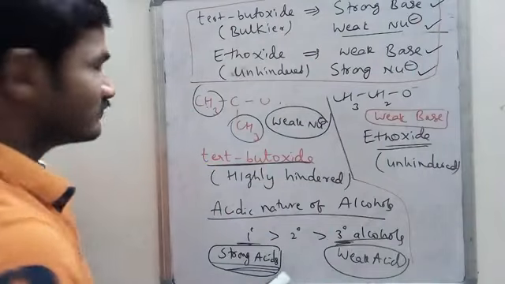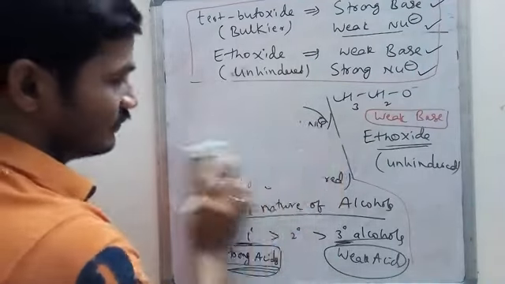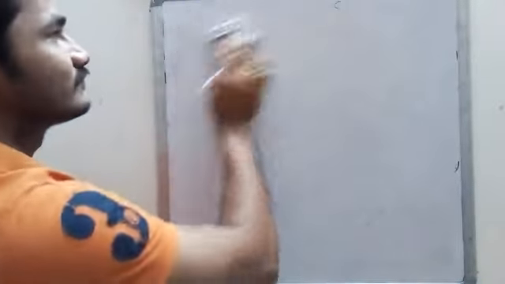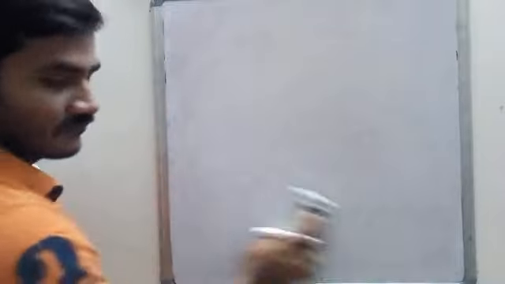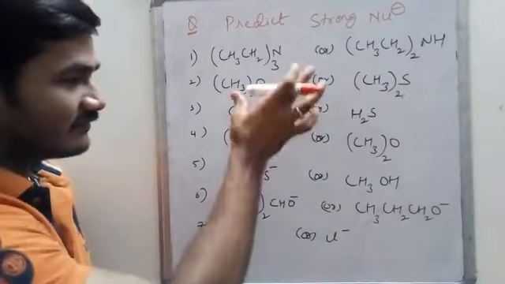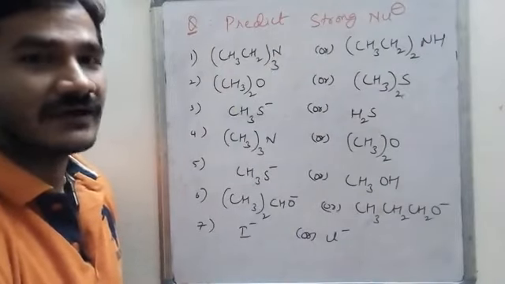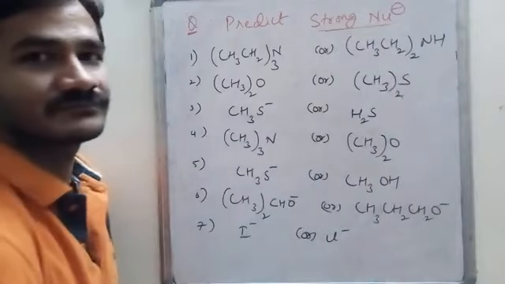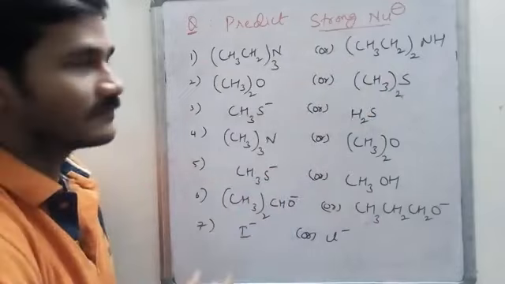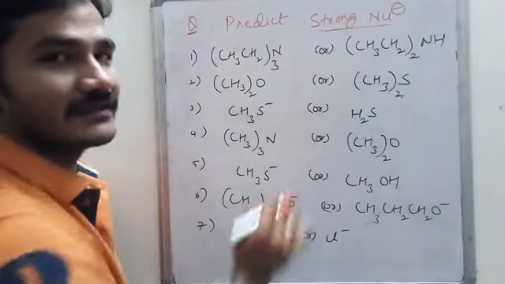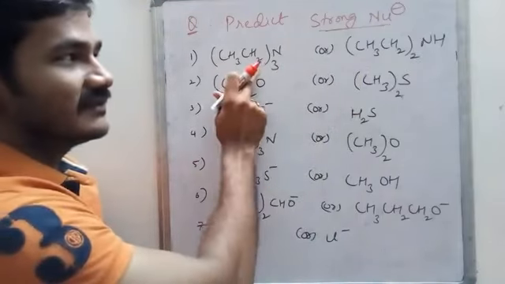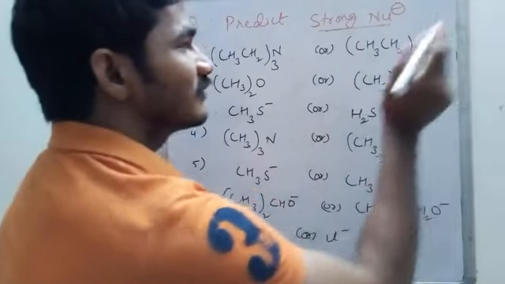Okay, now I will tell you some examples to differentiate the nucleophilicity. Observe this and predict the strong nucleophile. I have written a few examples. We have to find out which is the strong nucleophile. First case, I have given two options, either this one or this one. This is a tertiary amine, this is a secondary amine. Here the bulkiness factor plays an important role. This is more bulky, this is somewhat less bulky. So this is said to be the strong one among these two.